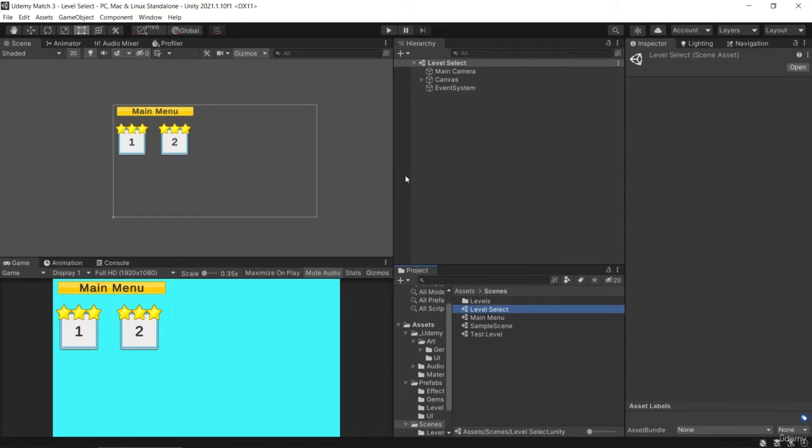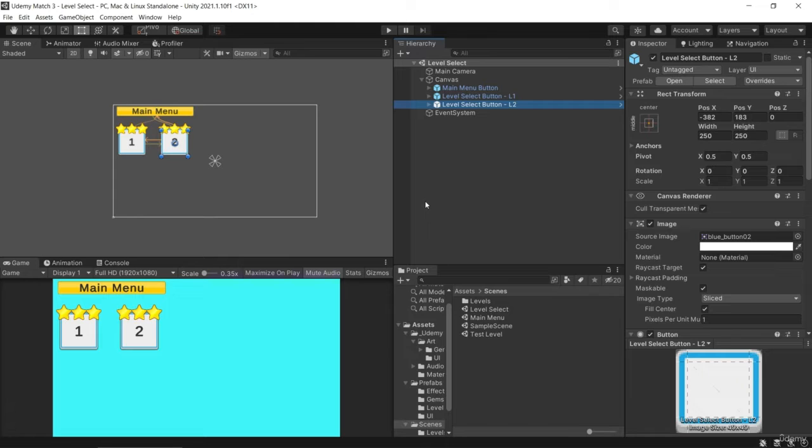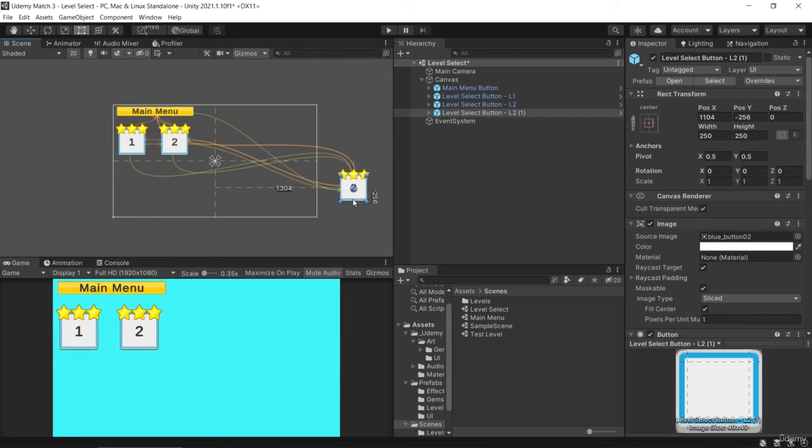Okay, so we've got our level select system working, but what happens if we have a whole bunch of levels? At the moment, we've got just our 2 levels here, but let's say you had 100 levels in your game. I'm just going to duplicate this one here. So obviously, maybe you'd line them up on a second row down here or whatever, but you would end up